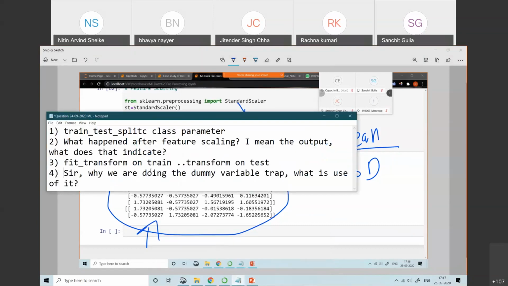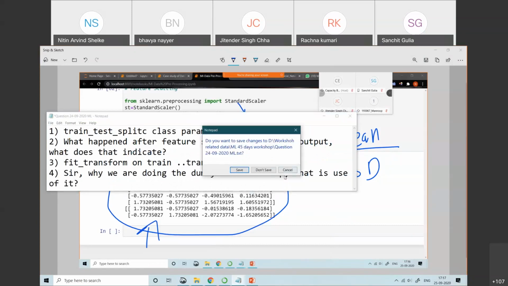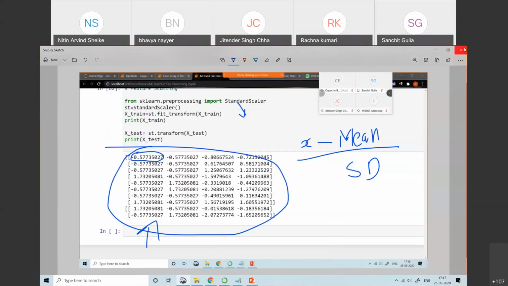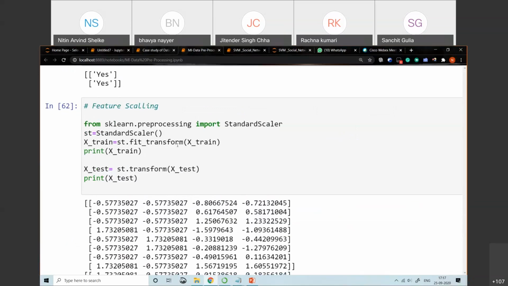fit underscore transform on the training data set and transform on the testing data set. Now, as far as the feature scaling is concerned, we use the fit underscore transform.